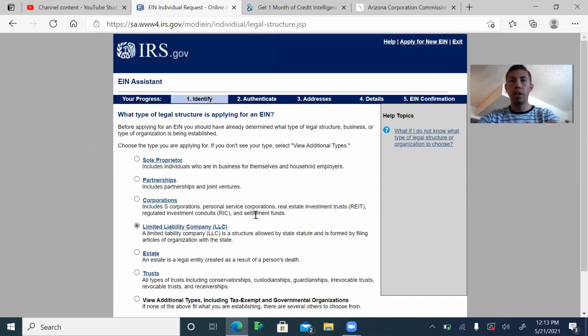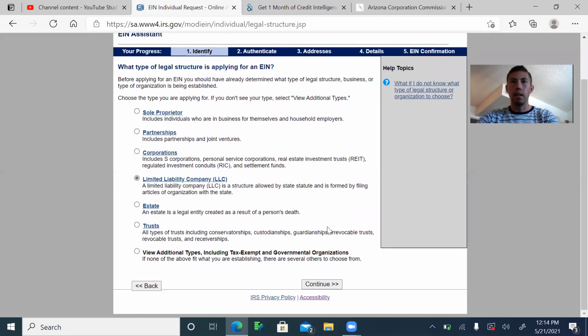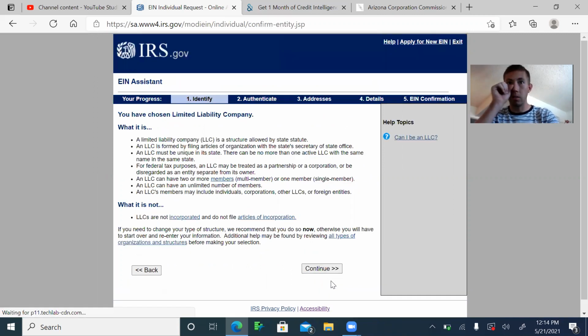If it was a corporation, like when you have articles of incorporation, you would click corporation. If I was doing a nonprofit, I would still click corporation, but there's a different type of thing that comes along with that. So for now, we're just going to stick with the limited liability company. I do have a nonprofit that I will be filing or making a video on a little bit later on, but